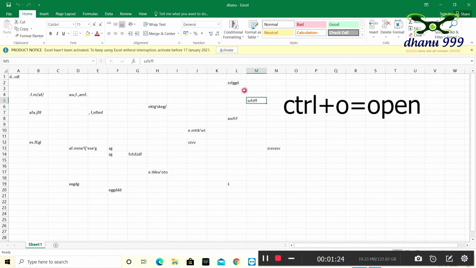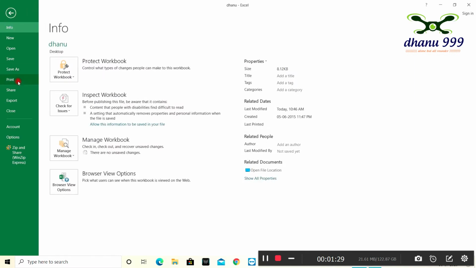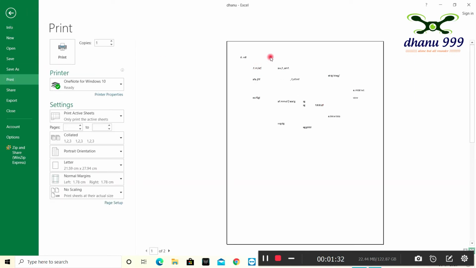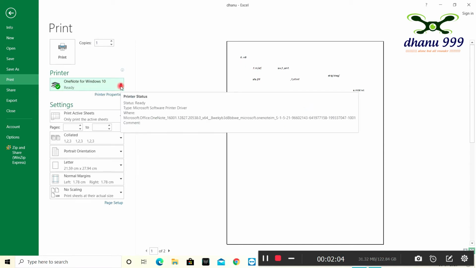Here these are all our boxes and some matter is there. If I go to File and Print, see here, everything is there like this and no boxes are there. If we want boxes, we need to adjust lines, borders. If we want boxes, we need to apply borders. Like here there are margins, portrait orientation, collate, print active sheets. Like that there will be borders also. We'll discuss the borders in future classes.